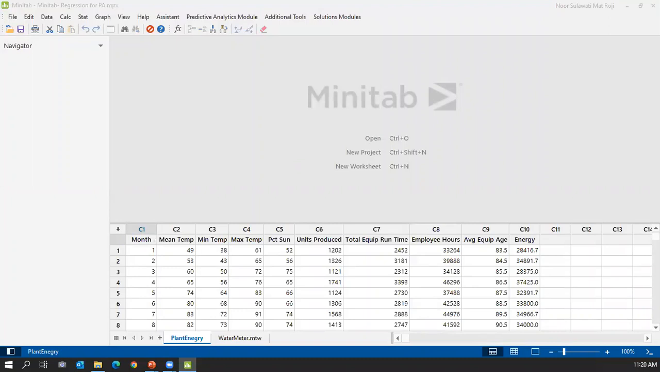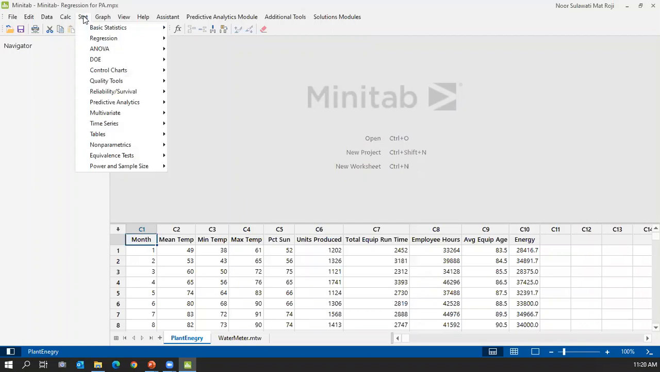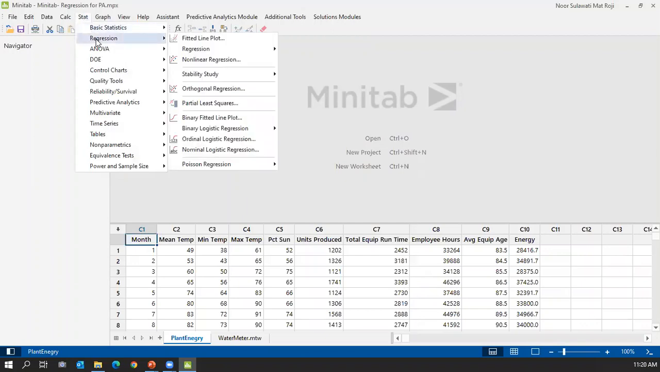Okay, so when you want to do the regression, you can start from the Start menu. In the Start menu, you go for Regression. You choose Regression. You see that